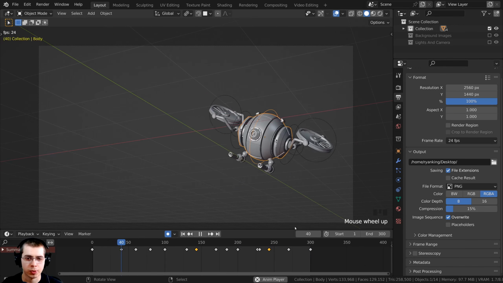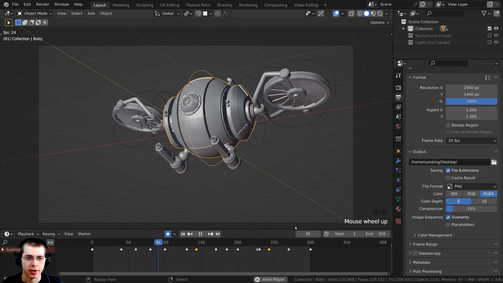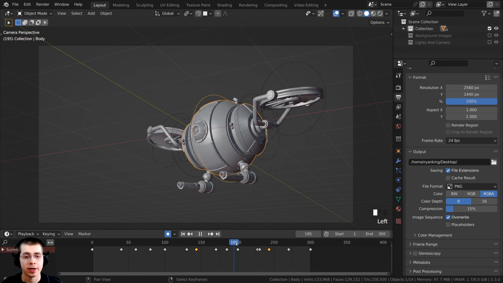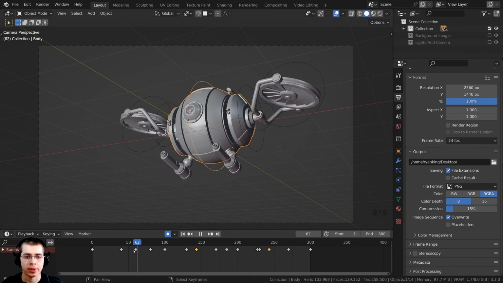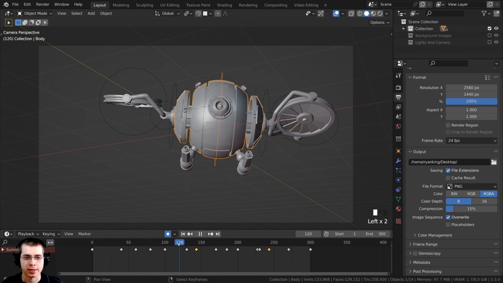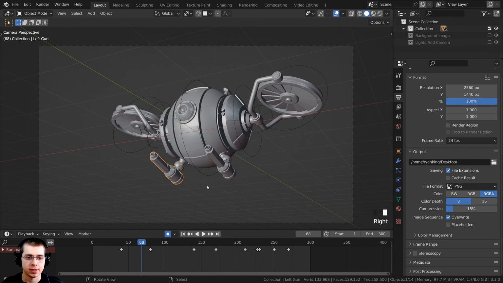So I'll just play through this one more time, just look over it and make sure I like how the timing is. So now I want to go back through here and animate the guns, because right now the guns aren't really looking around. I want to make the guns swivel back and forth and look around as he looks around. So I'm going to select this gun here, hold down the shift key, select this one here,